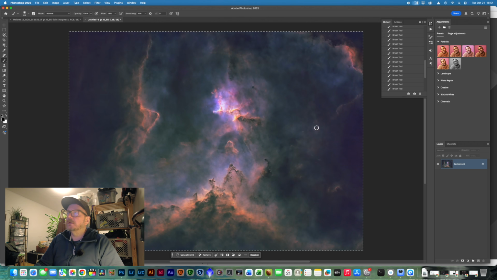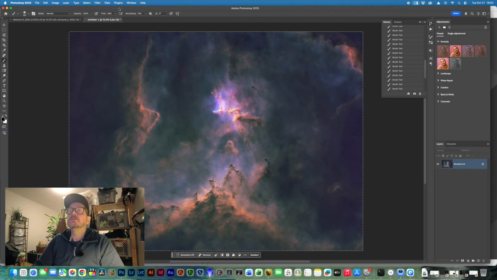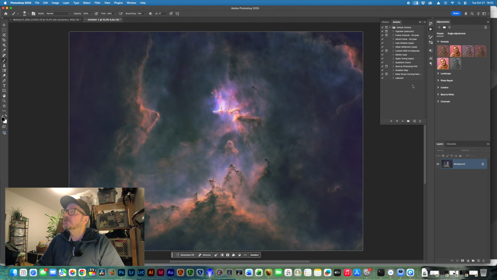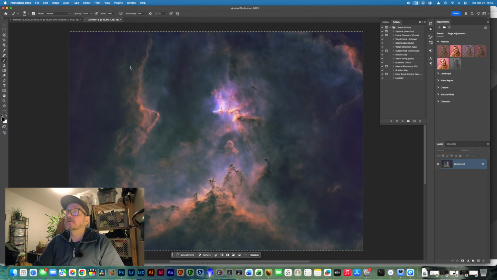It's also possible to, if you want to add some saturation, we could also, in this Lab image, choose new adjustment layer and curves,